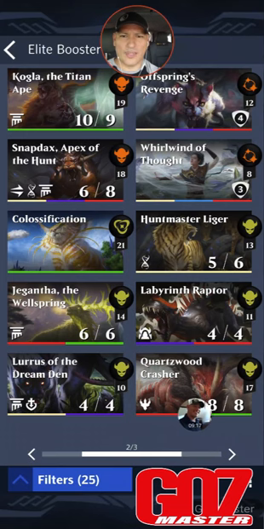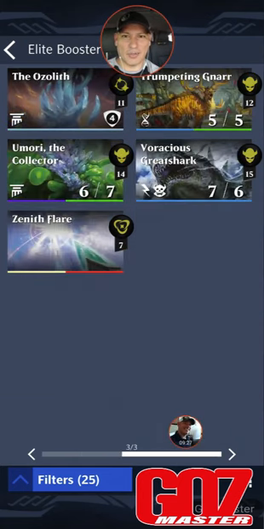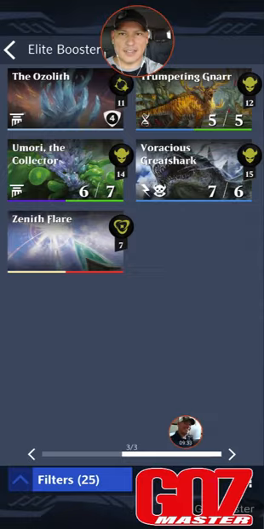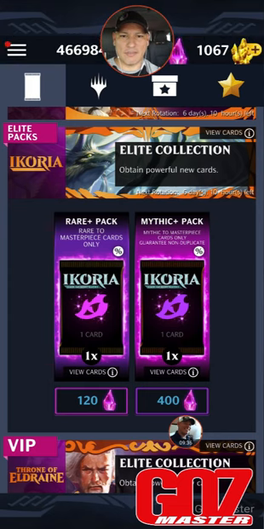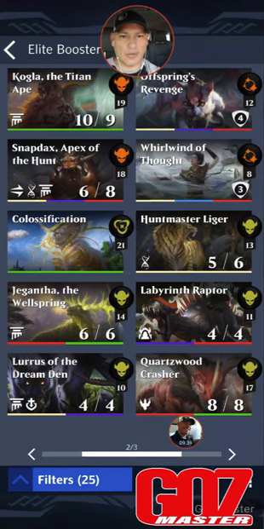This one dude right here is worth going. I like Colossification though. Colossification's good because I use him with my Brash Taunter, but that's a fun little combo. And I'm trying to see if there's anything else in here that's just brokey. No, there's just one. So you've got 1, 2, 3, 4, 5, 6, and 5. That's 11. So you got a 1 in 11 chance of pulling the most powerful creature in rare, in my